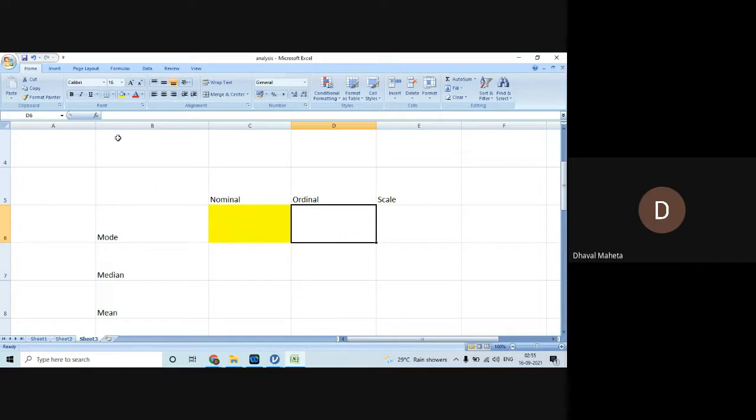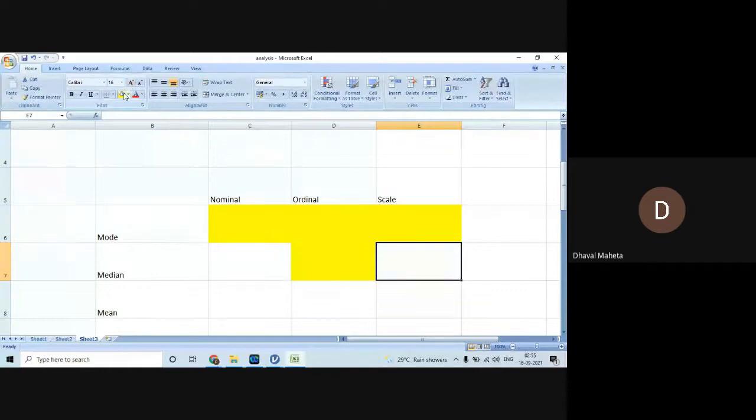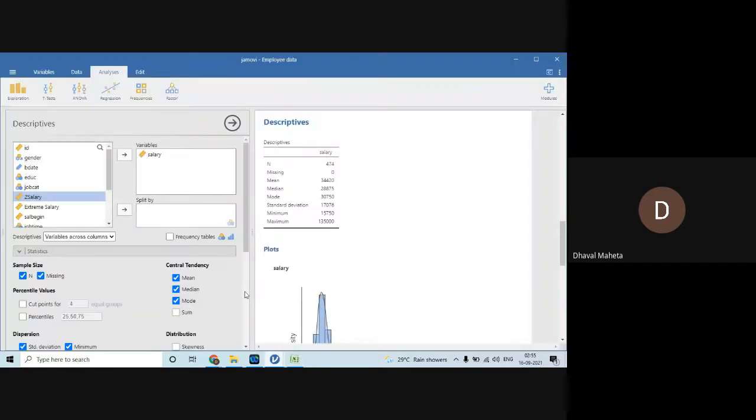When it is ordinal data, you can compute mode and median. When it is scale data, you can compute mode, median, and mean. The others cannot be computed in those cases, right? So let's proceed further. It is scale data, and as it is scale data, we can compute all three of them. Okay. Second scenario.